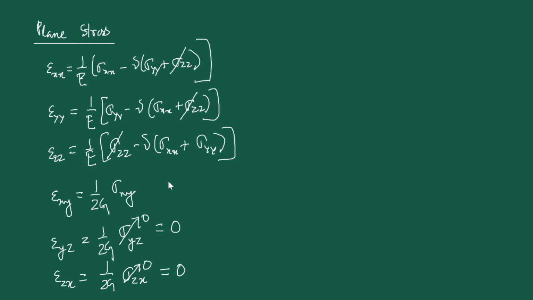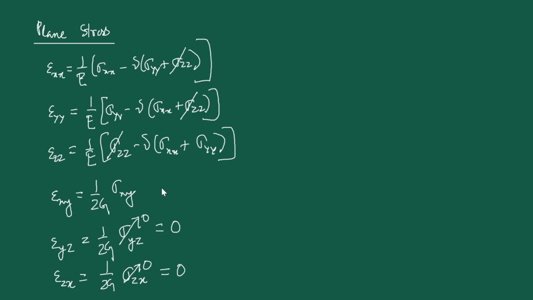Very importantly, however, you note that epsilon zz is not 0. Okay, so unlike our previous notions where we said that we only want to consider a two-dimensional case, we sometimes maybe carelessly wrote the two-dimensional strain case by simply neglecting the epsilon 33 component or the epsilon zz component. You please note that that should not be done, especially if you are considering plane stress. And you will see that for the plane strain case, there will be a similar situation with the stresses.